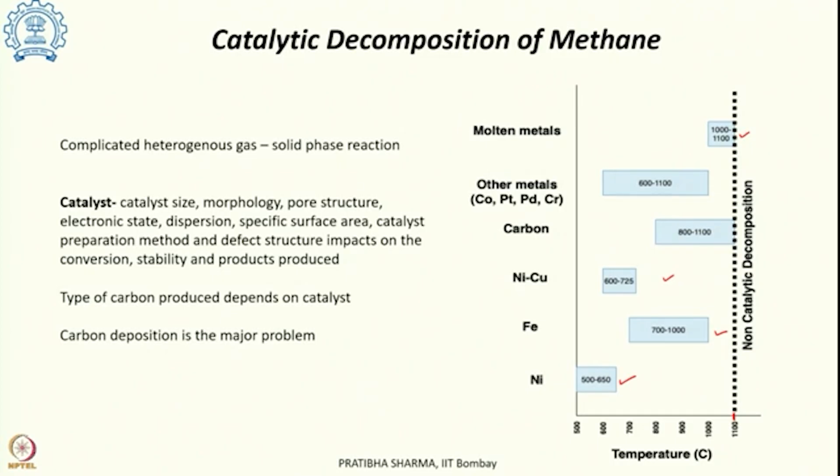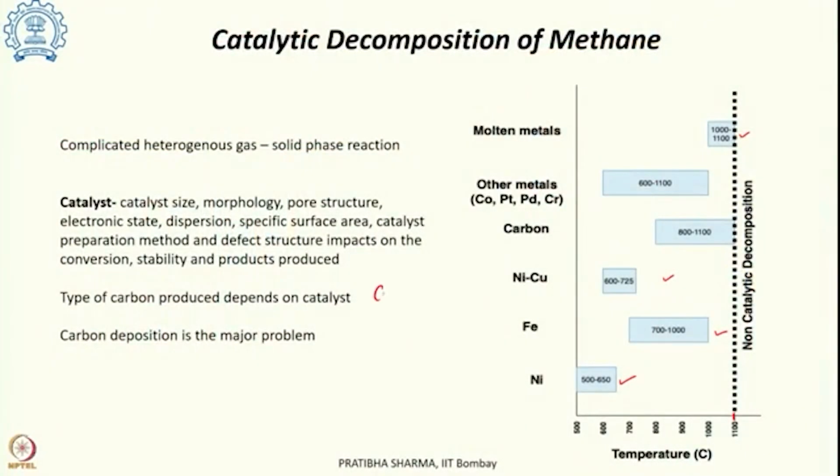Now when this is a catalytic method, a lot of factors of the catalyst are responsible for the conversion, for the stability, and for providing the required yield. Like the catalyst size, its morphology, its pore structure like pore volume, electronic state, how well it is dispersed over the support, what is the specific surface area available wherein the reactants can adsorb to form the products, and what is the method of catalyst preparation, whether it is wet impregnation, fusion, or co-precipitation, all that impacts. Also the defect structure of the catalyst impacts